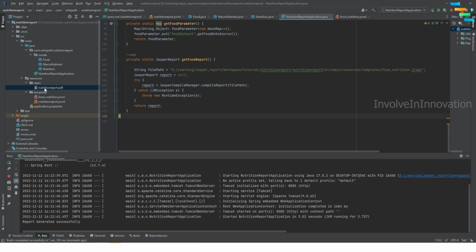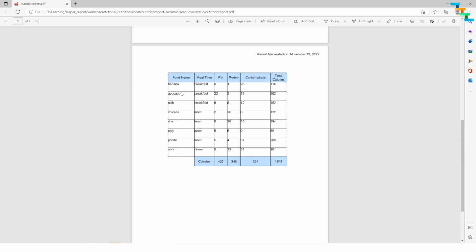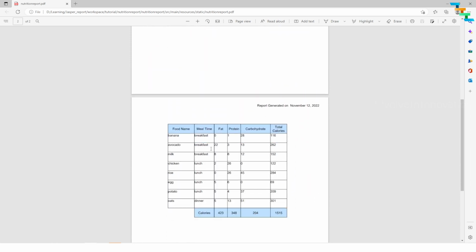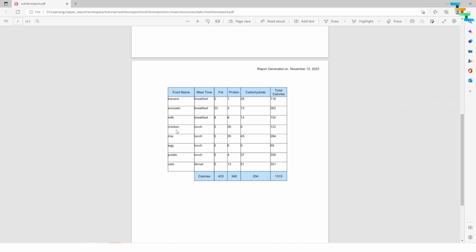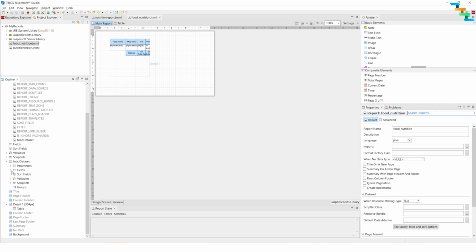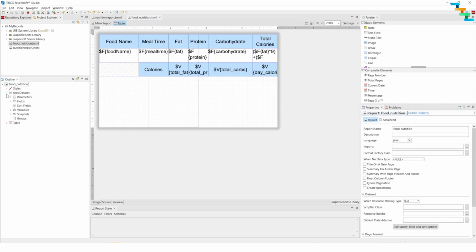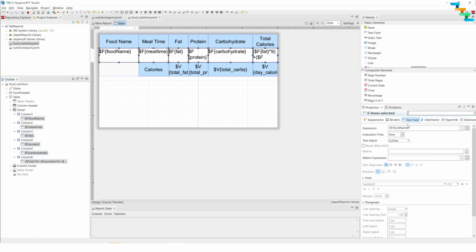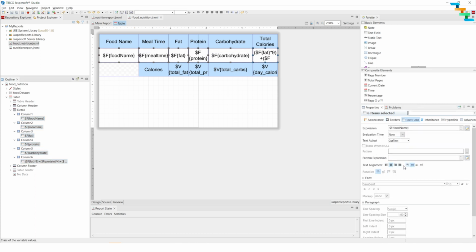Now we will open this report. Here we can see the food name, meal, fat, protein, carbohydrate and total fat, and everything is rendered perfectly. So this is what we are expecting here. The alignment is not centered, so we can change this if we want. To do that, go to the design, select the fields in the table detail, select all the fields alone, center align everything,